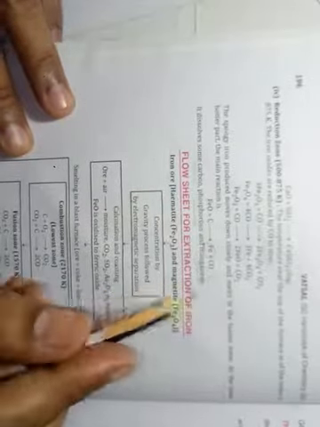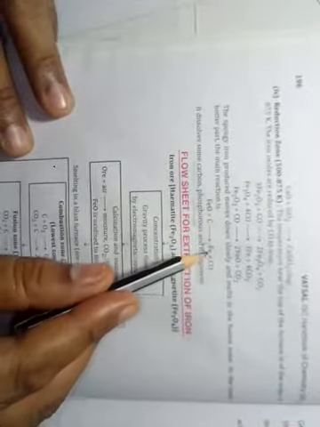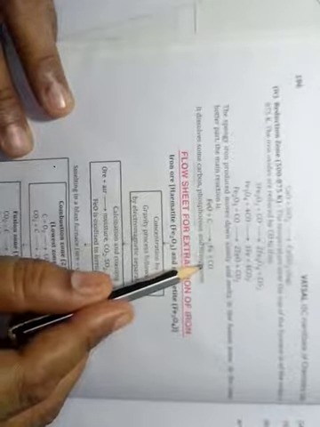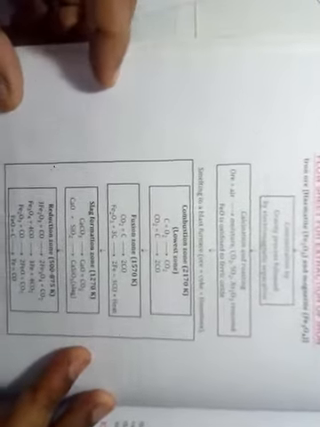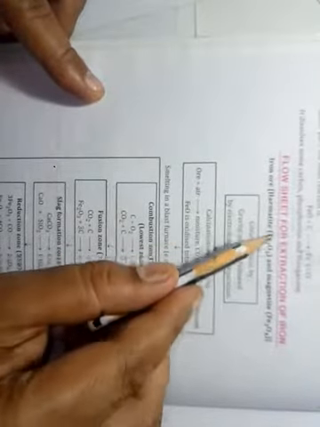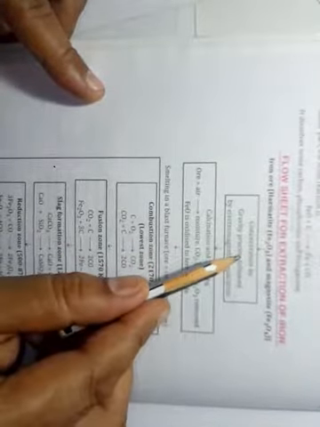Okay students, so this is the metallurgy of iron, and here we have a flow chart for the metallurgy of iron. You can go through this flow chart also. Hematite ore, first concentration, then the calcination process, and then the smelting process inside the blast furnace. So this portion is for the blast furnace.